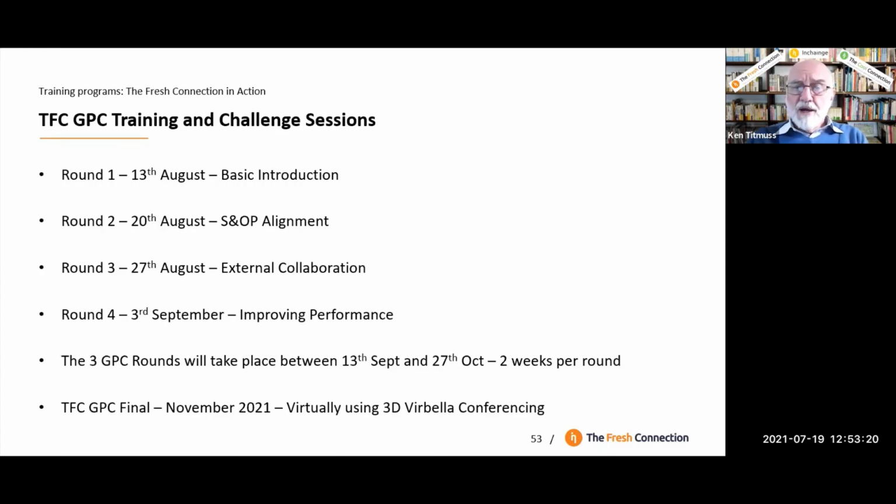And it's a really great virtual conferencing tool they're using. If anybody's seen it, it's what they call 3D. It's Verbella conferencing. And you actually set yourself up as an avatar, and you can wander around the conference center and you can see people, or if you want to try and find somebody, type their name in and it takes you to them. It really is a fantastic virtual conferencing tool, and they'll be using that again this year. So we're all looking forward to that.